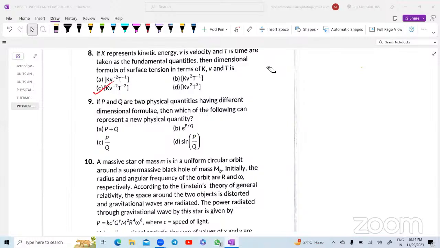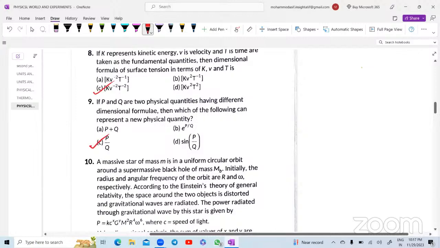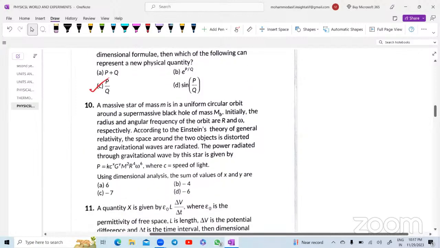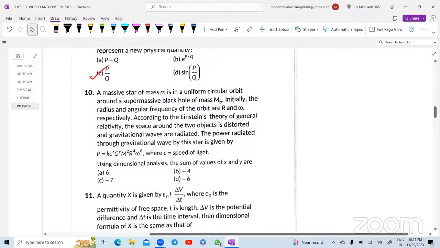मैंने इससे पहले एक बनाया था। न्यू फिजिकल क्वांटिटी भी जो भी देगा ना, that will be नॉन जीरो डायमेंशन। अब देखो क्वेश्चन में क्या बोला, P and Q have two different dimensional formulas, so both quantities cannot be added, P plus Q नहीं होगा, but dividing P by Q we can have a new physical quantity, that is possible. And we know that exponential and trigonometric angles are dimensionless, so given terms like P by Q must have the dimensionless quantity, which is not possible as P and Q have different dimensional formula बोला है problem में already आपको। तो only the best option I can write for this one is P by Q, very good।